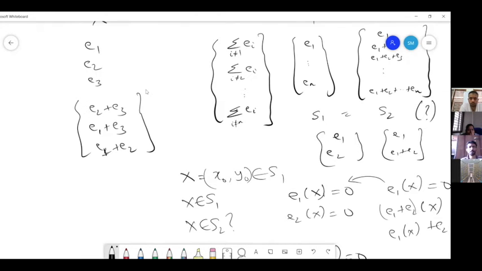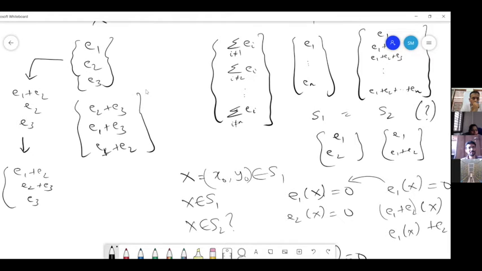What can be done step by step? Can you give a step by step transformation? So you can do E1 with E1 plus E2, and E2 with E2 plus E3, and E3 with E3 plus E1. Oh, now we cannot do E3 with E3 plus E1. Why? If you do it, it will become E1 plus E2 plus E3, right? No. Oh, okay. Yeah, now we have lost that.